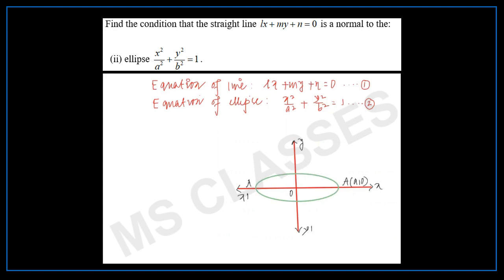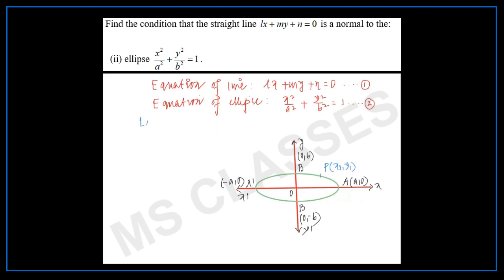This is a prime, which is minus a comma 0, the end point of the major axis. This is the end point of the minor axis, which is 0 comma b, and this is 0 comma minus b. So to get the equation of normal at a point x1, y1, which we take as a point of contact,